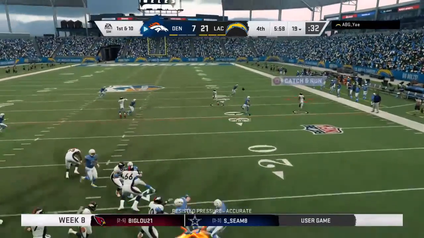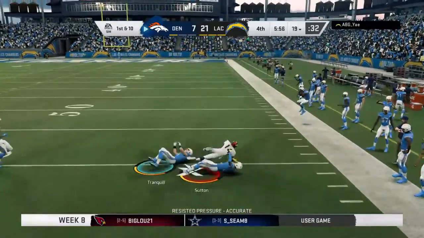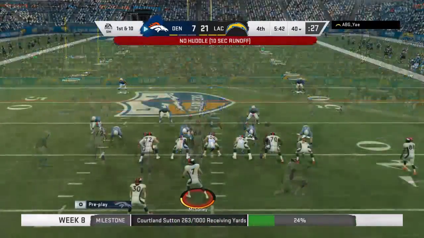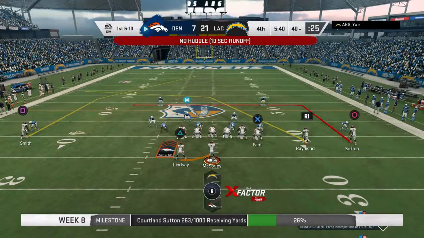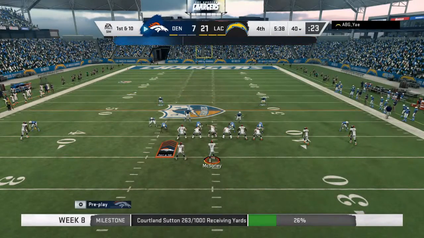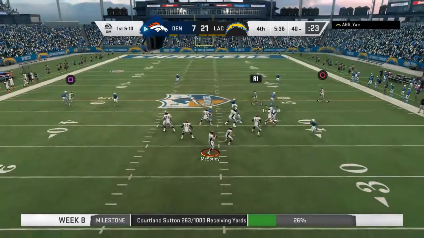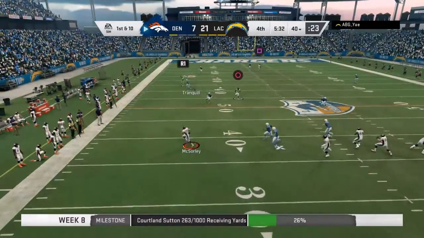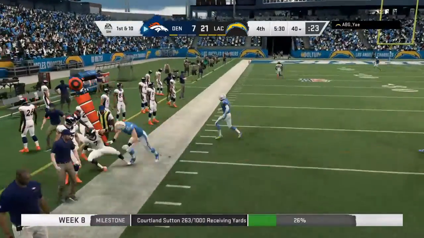Here's McSorley on 1st and 10. Got a man open, it's Sutton, and he'll be corralled well upfield right around the 40-yard line. A good pickup there, 21 yards. They go play action now with McSorley. 4th quarter, every drive so critical, and you figure they may only get 1 more shot after this, so a touchdown's